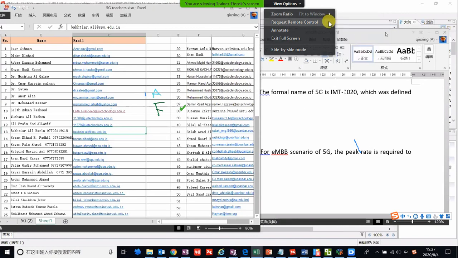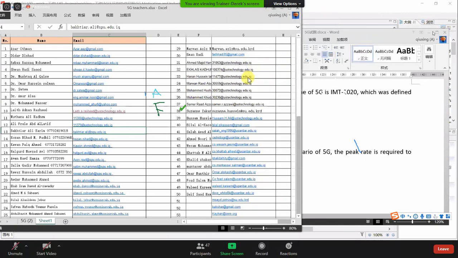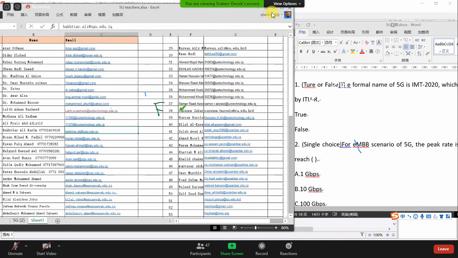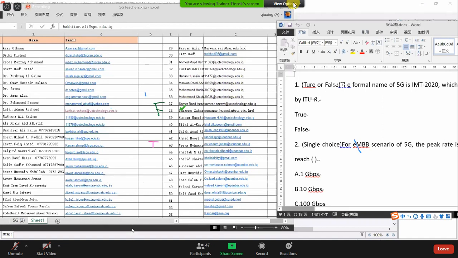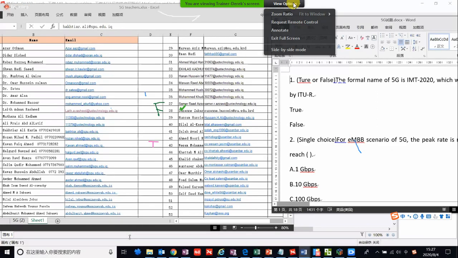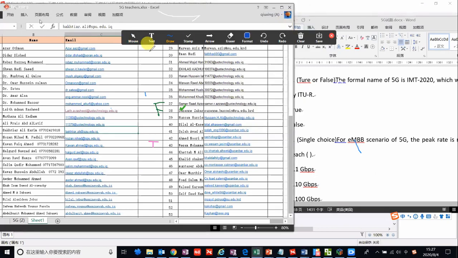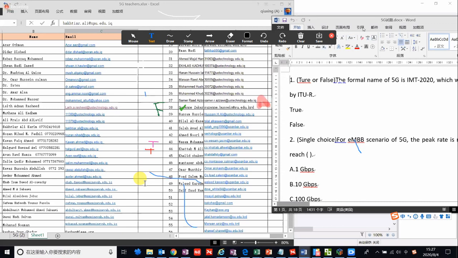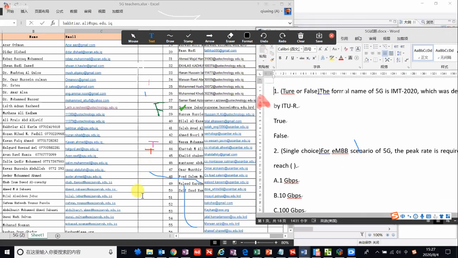How can I find my name? You can't find your name? No problem. Just write your answer if you can't find your name. This is true or false. I think it could be better if you activate the chat box.